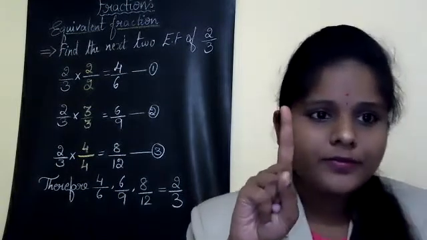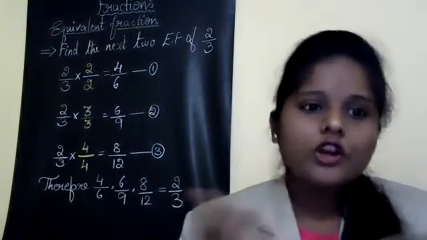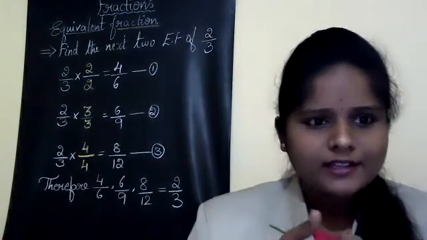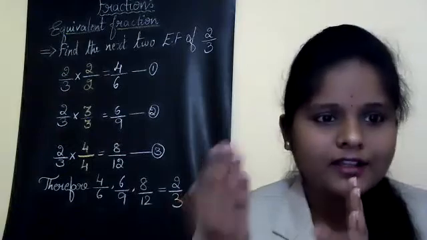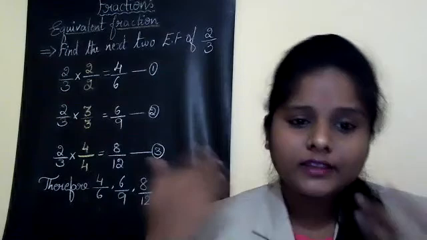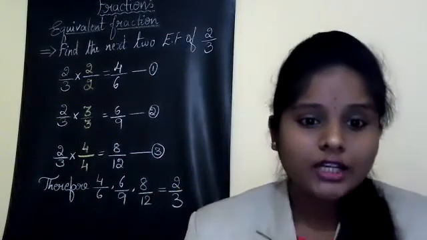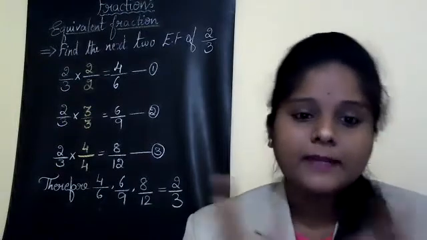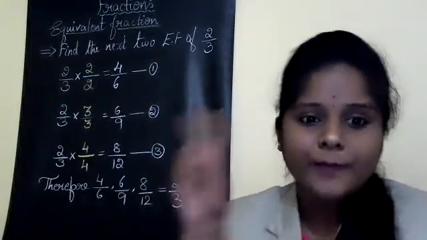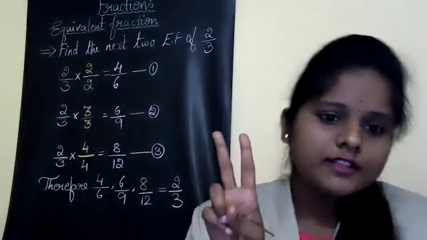What comes after 0? 1, isn't it? So if I multiply both numerator and denominator by 1, what will be my answer? Any number multiplied by 1 gives the same number only. If I multiply 100 by 1, I'll get 100 only. If I multiply 1000 by 1, I'll get 1000 only. That means we are going to get the same fraction itself. So instead of multiplying by 1 and obtaining the same fraction, we will start from 2. After 1, it is 2 only, no?